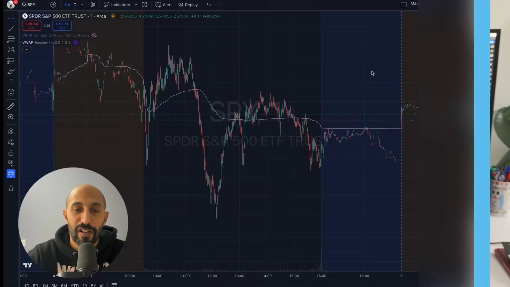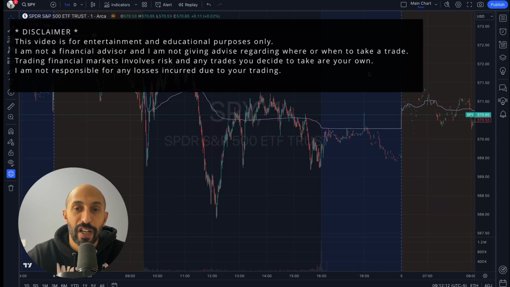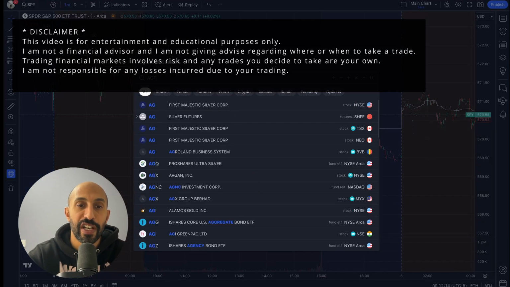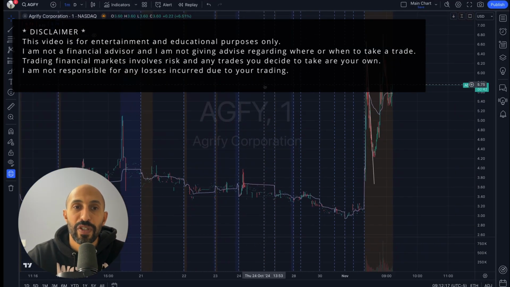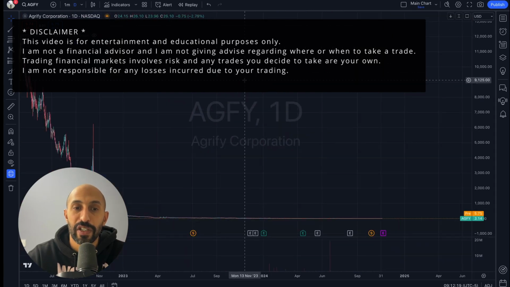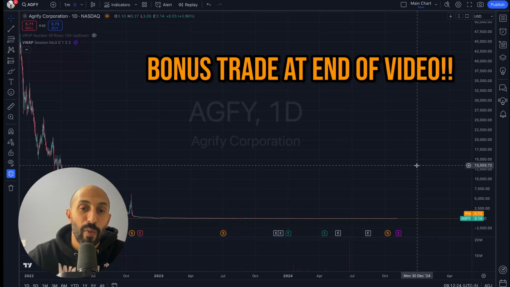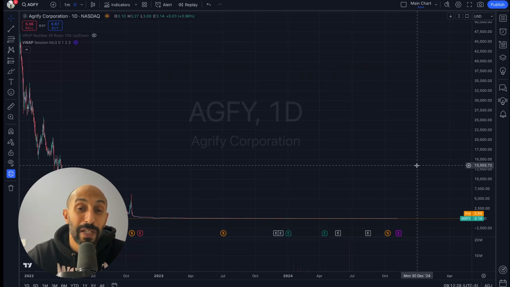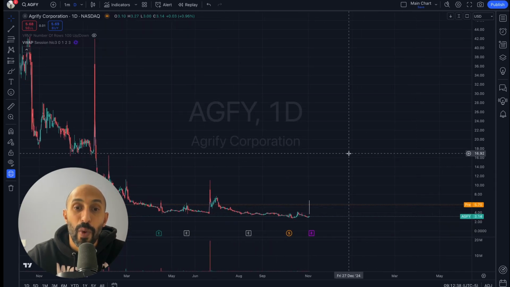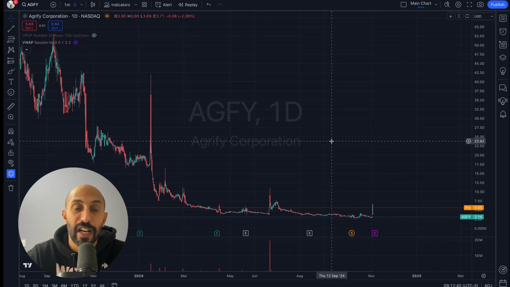All right, cool. So the one and only ticker I would like to go over today is AGFY. Now, if we start from the daily chart, we can see instantly that it does like a reverse split. Now, when this ticker popped up on my scan today, it was immediately of interest to me simply because I recognize the ticker. And if I recognize the ticker, it's likely that other people will, and therefore there may be an opportunity there. So when it popped up, the first thing I did was check